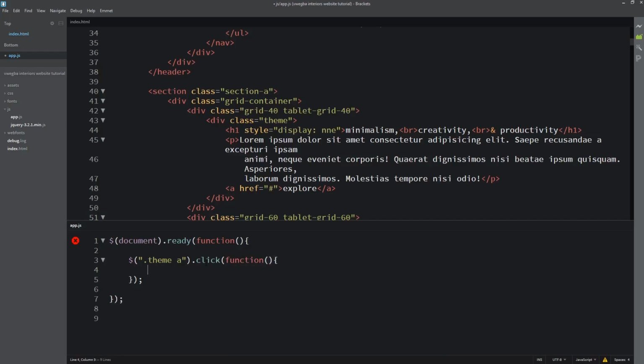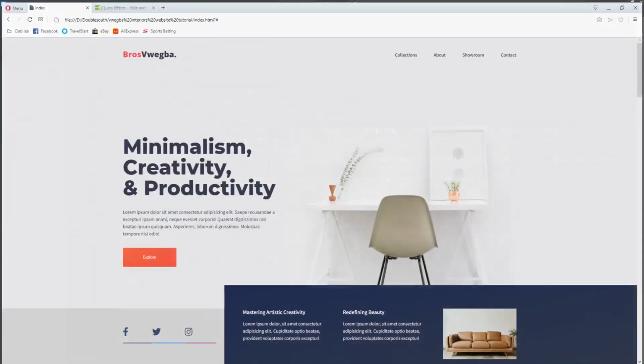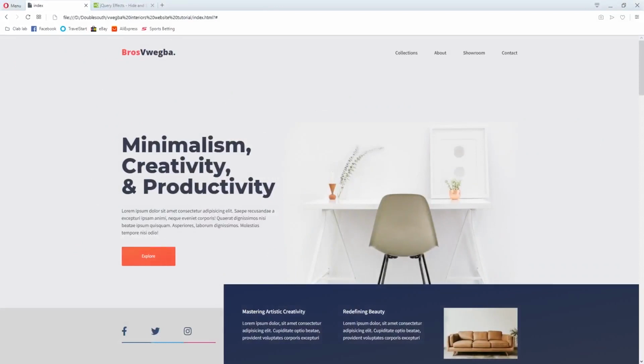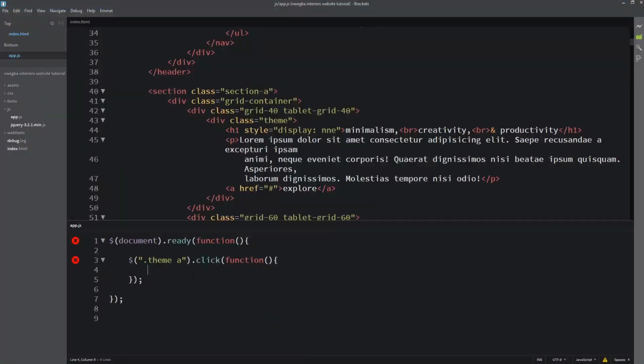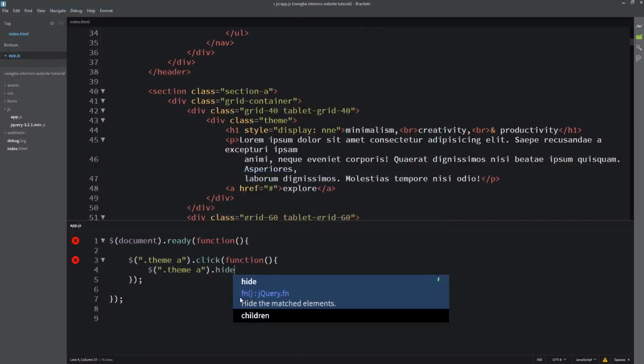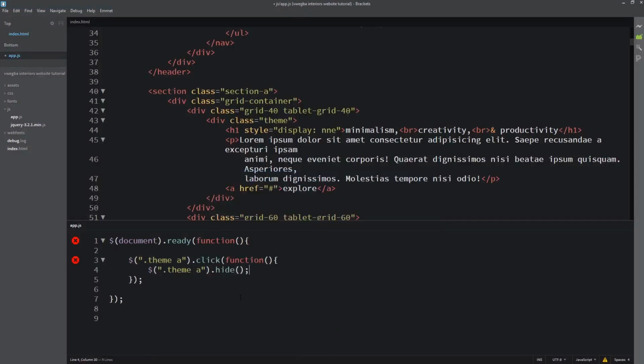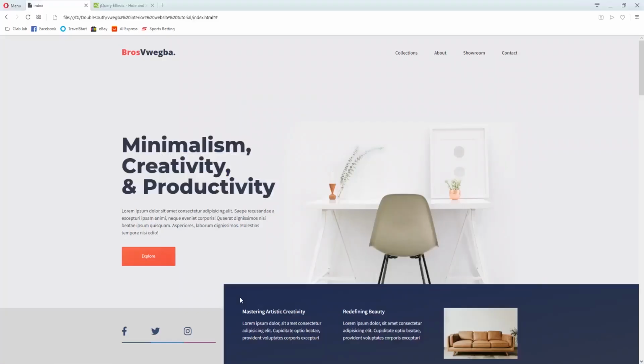Inside this function, when we click on the explore button, it should hide our h1 text. So I'll just copy this one, paste it here, and say hide. If you put a time, we might just say slow. Slow is supposed to work there.